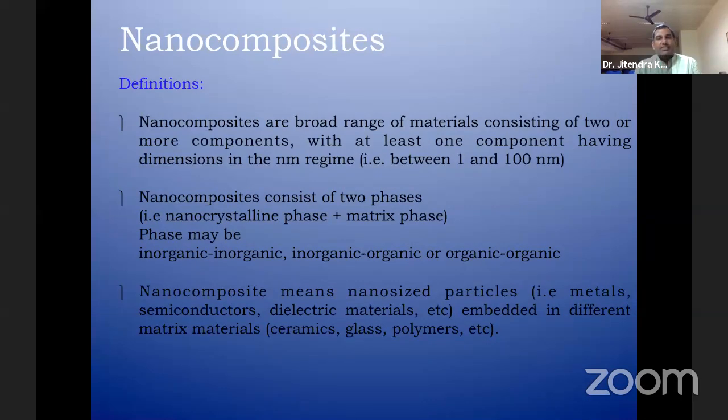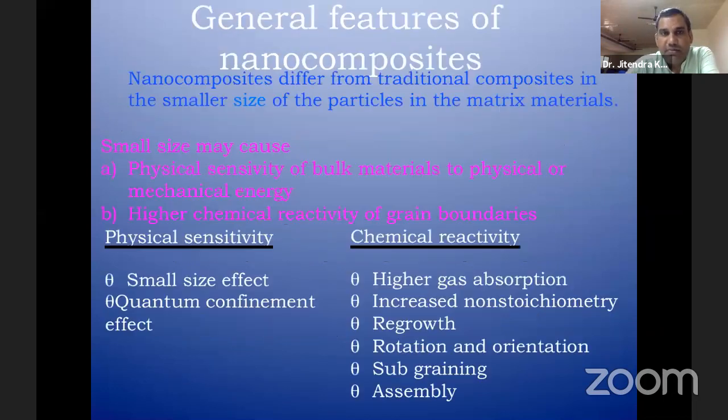at least one component, whatever you have, you mix with the nanometer range. So it consists of conductor, dielectric material, whatever material you are using, the glass also, if you have nanoparticles of the glass or solid materials, solid lubricants. So it is metals, non-metals. Nano size particles are generally embedded in different matrices. These matrices may be a ceramic matrix, glass matrix, epoxy, or polymer matrix. So these are the basic three matrices, and you add the particulate and make the nanocomposite material.